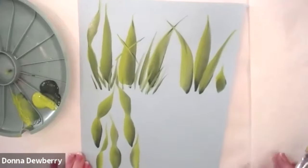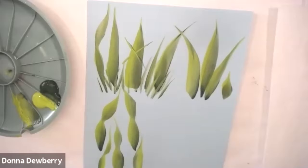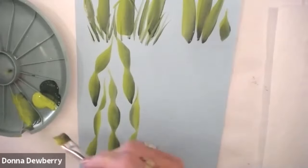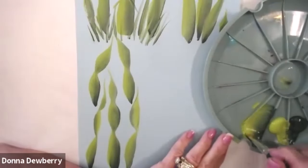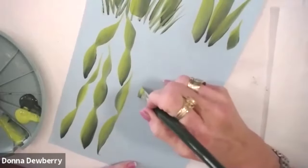All right. Are you starting to see the difference in what I'm talking about? Where some are rolling and some aren't. Okay, so now what I want to share with you is a really fun way to flip a leaf. Now I, for years, have flipped my leaf. I'll show you. I got more medium if you didn't notice. I flip my leaf by coming